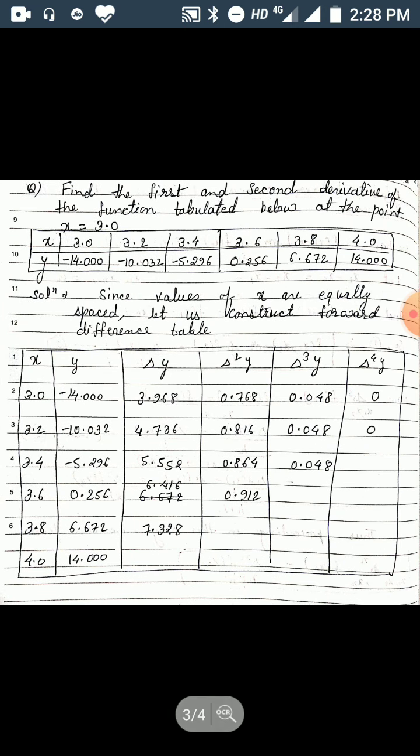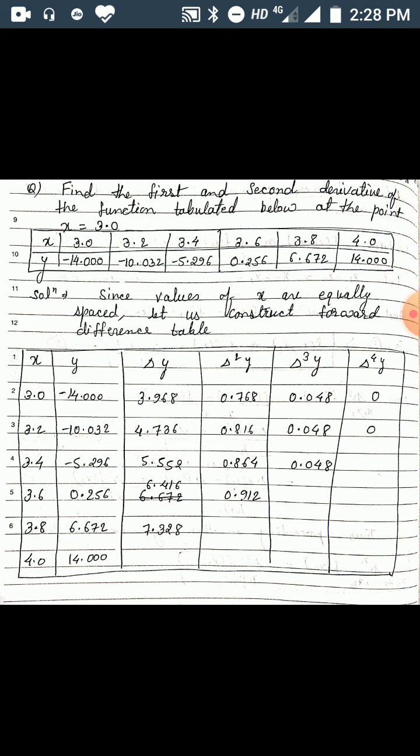So if we have to find the first and second derivative of the function tabulated below at the point x is equal to 3.0. The tabulated values are x is equal to 3.0, 3.2, 3.4, 3.6, 3.8 and 4.0. The values of y are -14.000, -10.032, -5.296, 0.256, 6.672 and 14.000. So here we can see that the values of x are equally spaced, so we use Newton-Gregory's